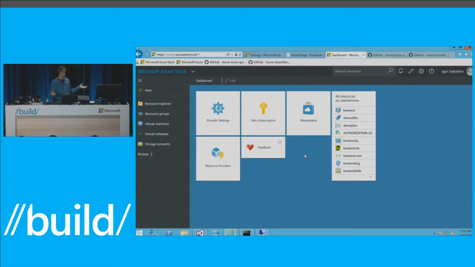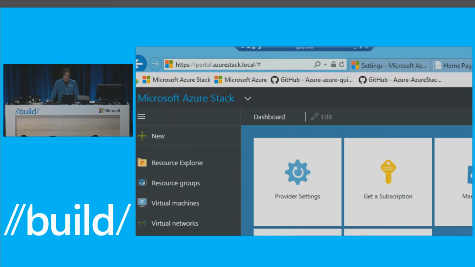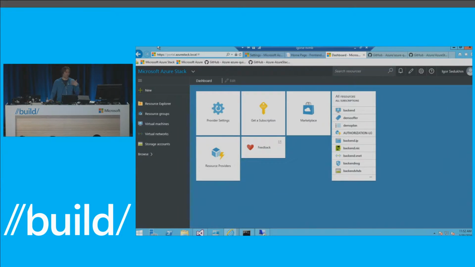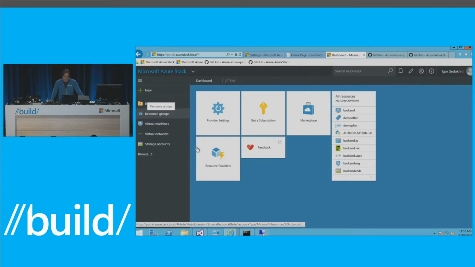I'm going to switch over to a different portal here. This is the Azure Stack portal. I'm actually connected to a private instance of Azure running in that single box machine. We'll go look at it in just a few seconds. But this is its portal. As you might notice, the URL is different. So the URL is Azure Stack, local. This is the portal. And I'm effectively just VPN'd into that environment for the moment. But what do I get? I get the same Azure portal that you just saw.